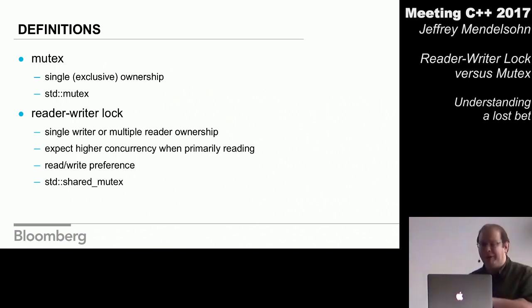Reader-writer locks can have a read or a write preference or can actually be unspecified, but let's stick with read and write. A read preferring reader-writer lock allows, when a reader currently has the lock, new readers to come in and join him. And this is great. It gives you actually better concurrency. The problem is you can starve out your writers. A writer preferring lock doesn't allow that. It doesn't allow writers to starve out readers, but it prevents readers from starving out writers. At least those are the terms I'm going to use. And the classic example from C++17, at least, is standard shared mutex.